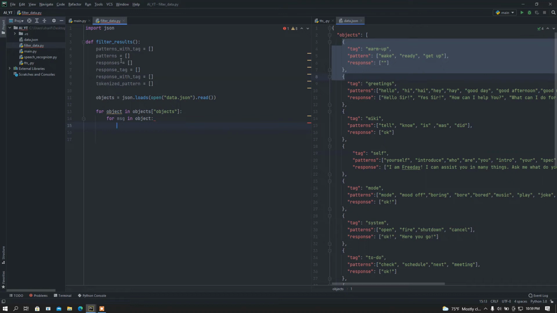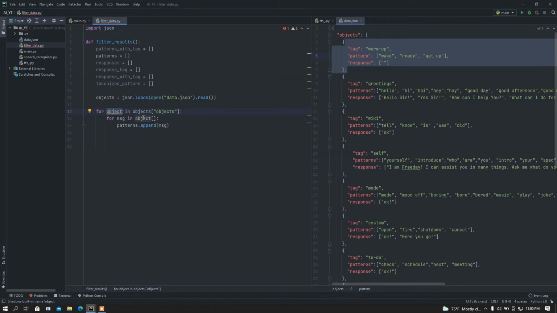Now I am going to load my patterns list with these patterns. So patterns.append, what I'm going to add, I'm going to add the patterns. So I need to filter these from this object, and this object contains these stuffs. So I need to filter pattern from this stuff. I'm saying again, this whole stuff is this object, and I'm going to filter this